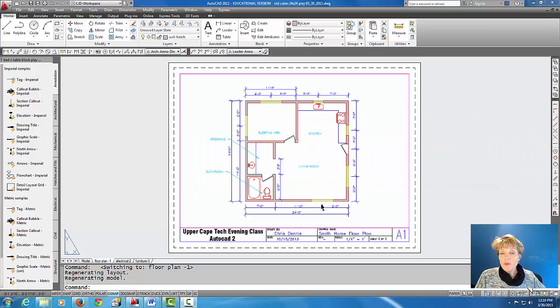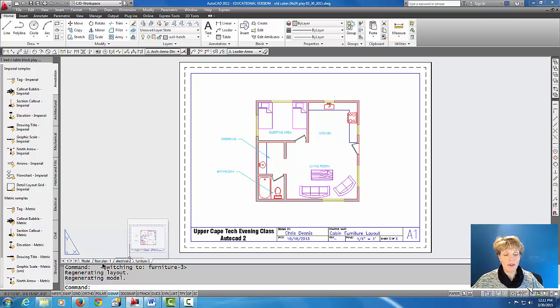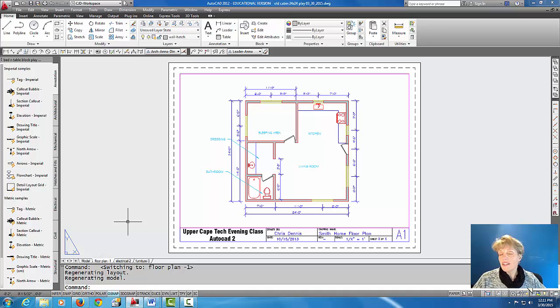Okay, so what we've got here is the cabin drawing and we have three layout tabs. We have a layout tab which represents the first floor plan, sheet 2, which represents the electrical, and sheet 3, which represents our furniture layout. Okay, so I'd like to send these off to a client, let's pretend, and I'd like to send him all three sheets in one PDF instead of him getting three individual